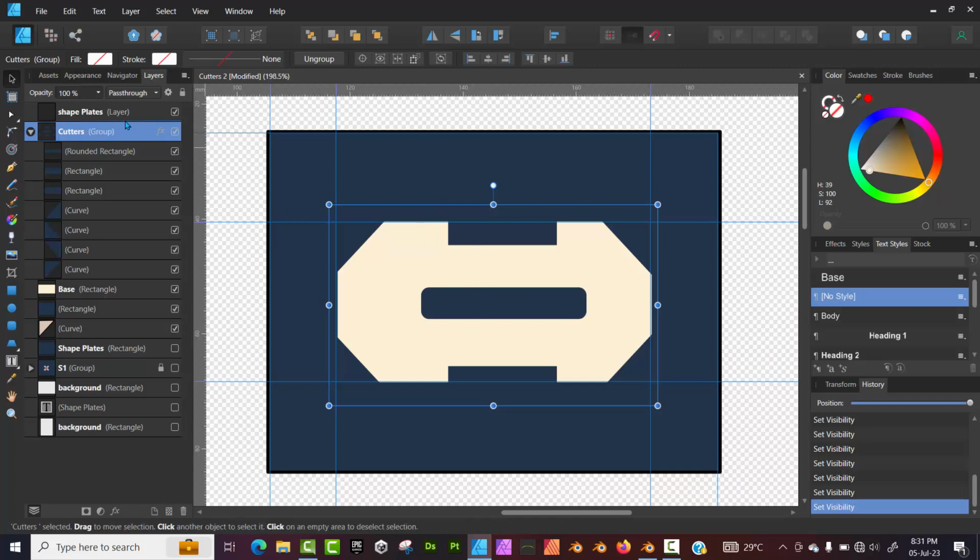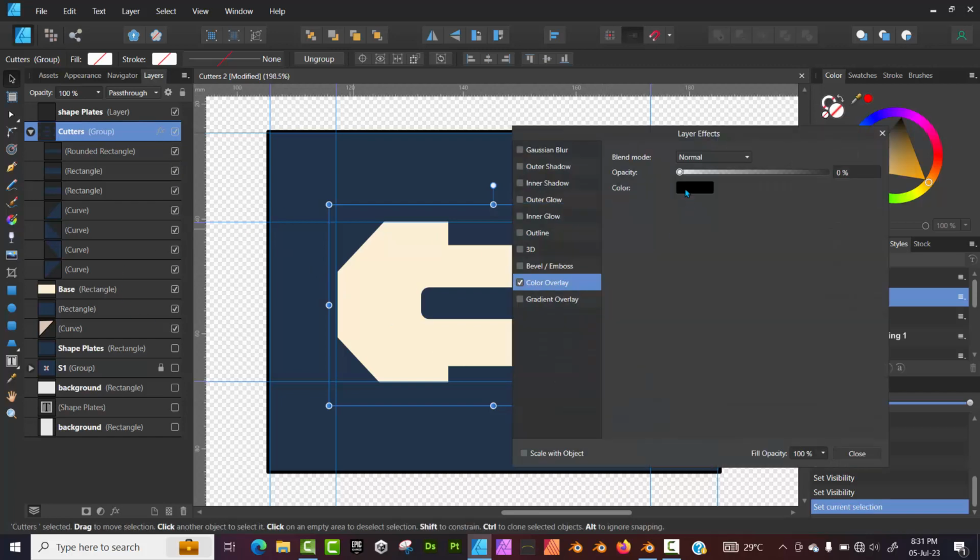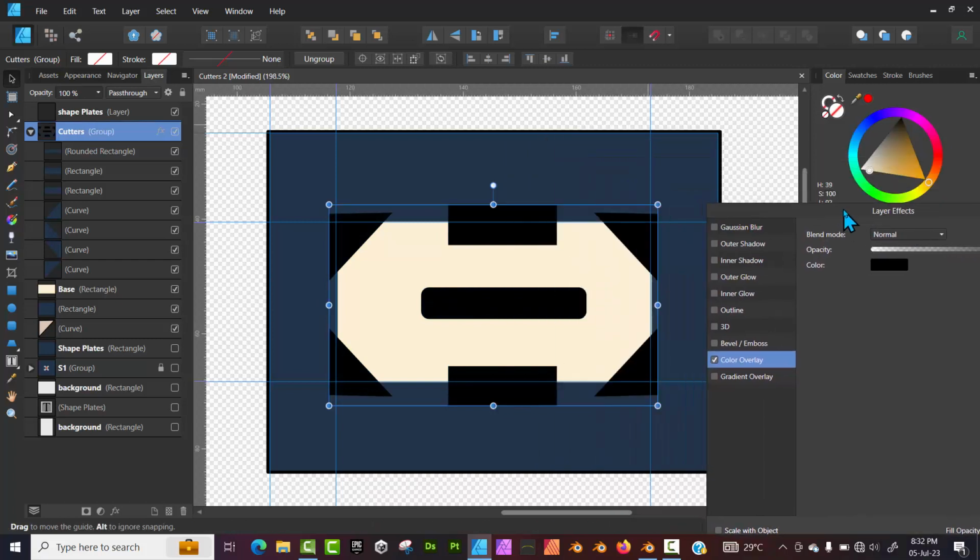So what we're doing right here is we have this shape, right? It looks like we have this sharp edge, this cutout edge, and we have this center right here that's actually cut out, including this edge as well. So what's happening right here? Let me just open up the effects and I'll set the opacity back to 100, and you can actually see